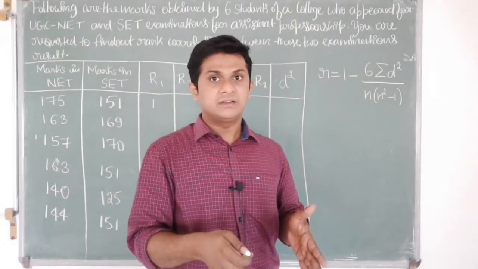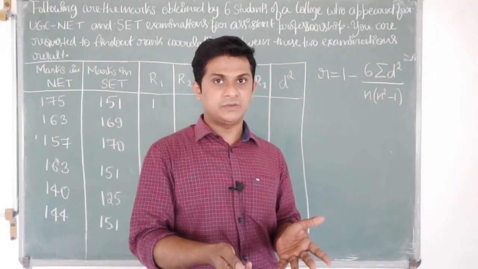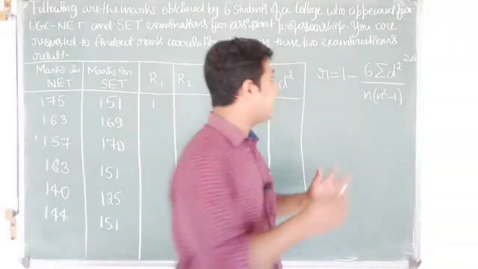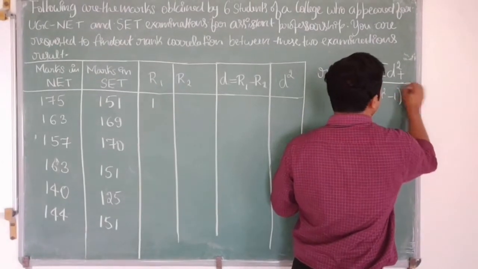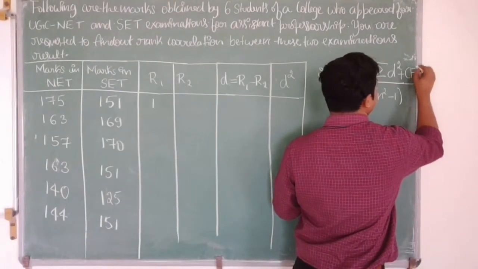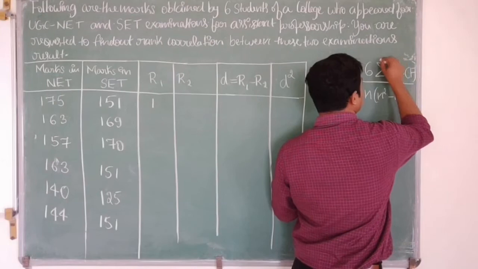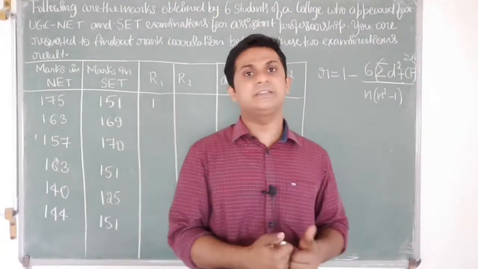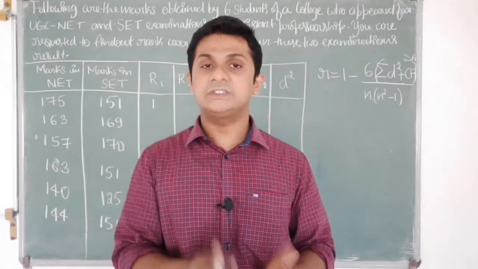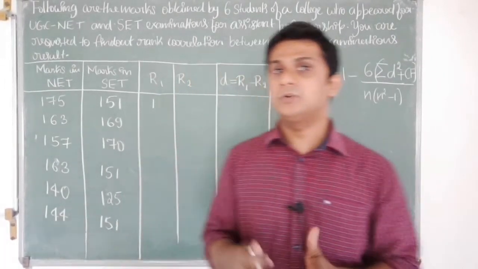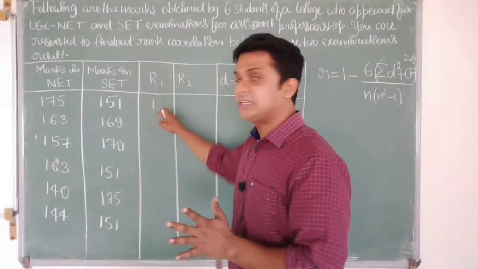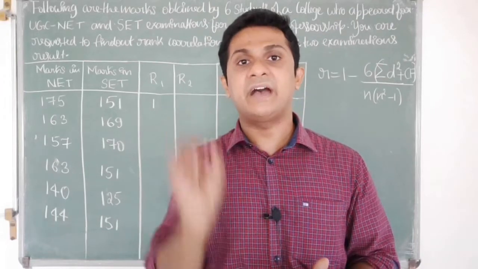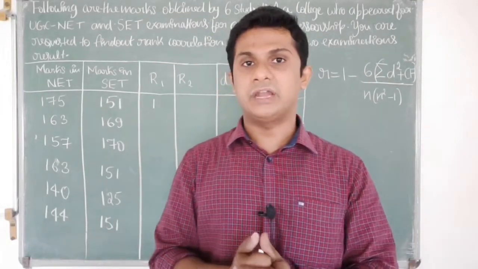But here, we make a modification to the equation. We bring in another factor called the correction factor that will be added to our numerator, that is sigma D square, and then we multiply it with the value. Why we are doing that, I'll explain in the later part of this video. So this is the correction we need to make. And one more thing is we need to change the ranking. Whenever there is a repetition in ranks, we have to find the average of the ranks and then calculate the value.